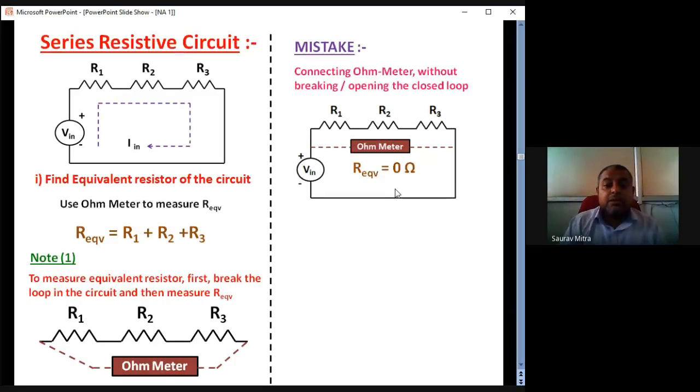Why is it so? Because in this case, it looks like this path, whichever is there, is the connection which I am asking you to break. Any one point you break, just this point or maybe this point, or just remove the input voltage. That itself is breaking the loop. Keeping the V in and connecting all this, if you try to measure the resistance, it is going to give you 0. Why so? Because in this case, what is happening is this R1, R2, R3 resistance is there.